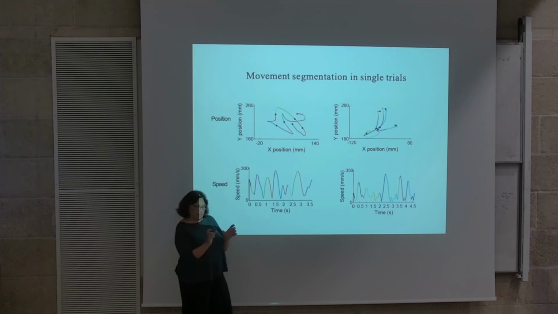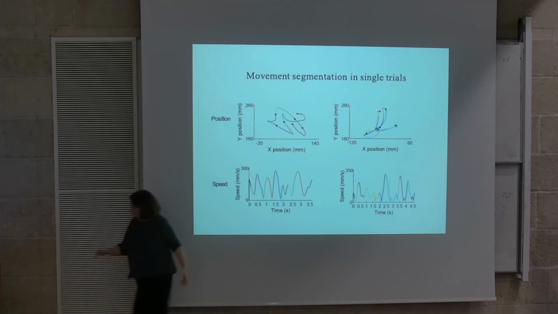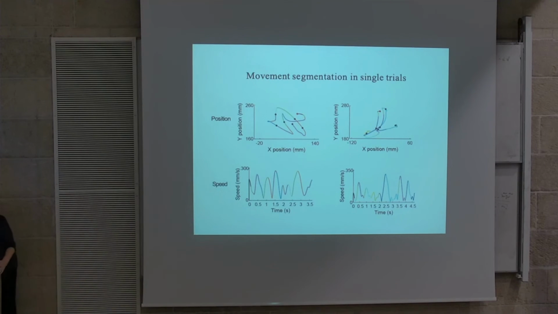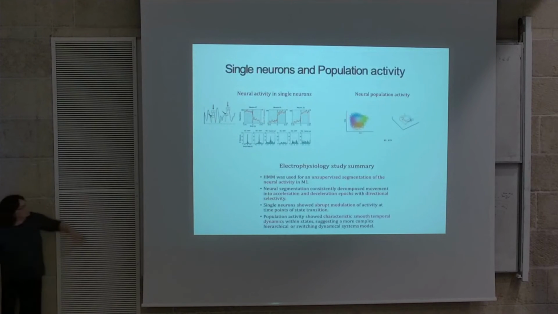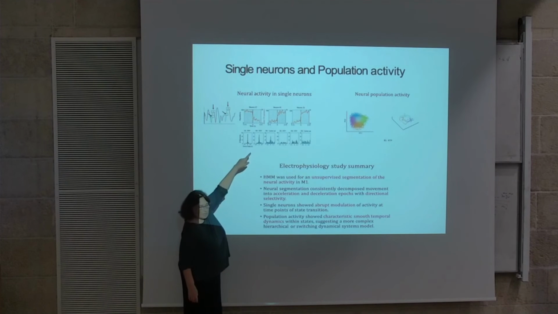Okay, so the states are coded in the direction of velocity, which is the tangent, what we talked about before, and the peak of velocity. But actually, you can look also at acceleration. I'll show you in a minute. So if you look at a single cell, you see that these are points where you have the transition between the segments. Even single cells obey the same kind of segmentation.